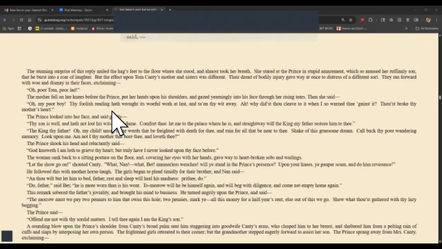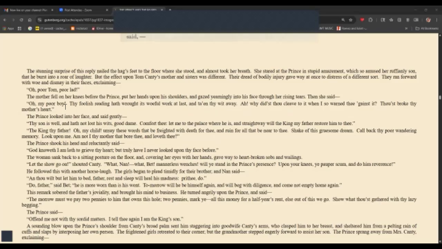The mother fell on her knees before the prince, put her hands upon his shoulders, and gazed yearningly into his face through her rising tears. Then she said, "Oh, my poor boy! Thy foolish reading hath wrought its woeful work at last, and ta'en thy wit away. But why didst thou cleave to it when I so warned thee against it? Thou break'st thy mother's heart."